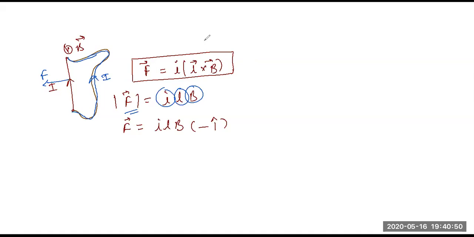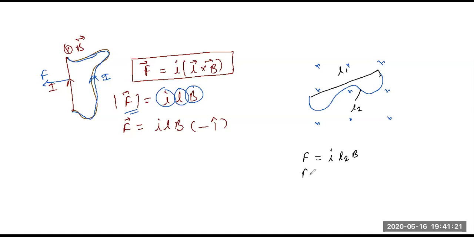Correct? So what it basically means is that if you have a wire, let's say magnetic field like this, and if you have a wire like this, for example, then what you will calculate, you will not be worried about what the natural length is, right? What the total length is. You will just be worried about what this length is. Let's call it L1, and this length, let's call it L2. So if I'll ask you, F is whether I L2B or F is I L1B, which one is correct? L1. This one is correct, right?